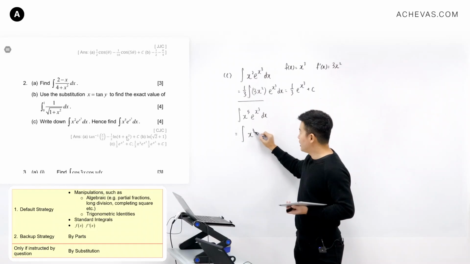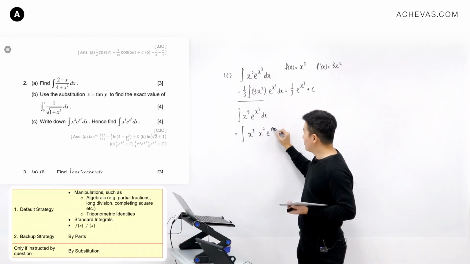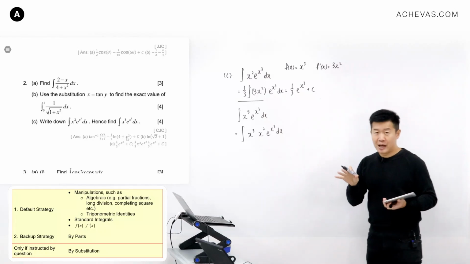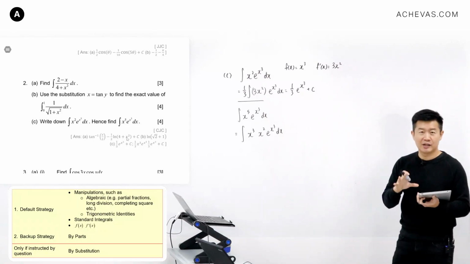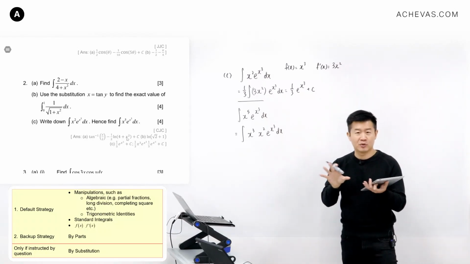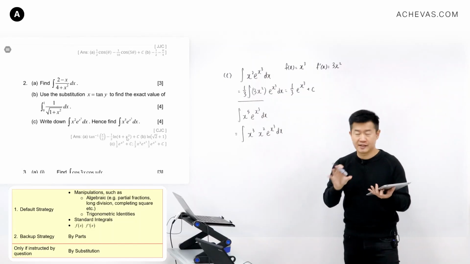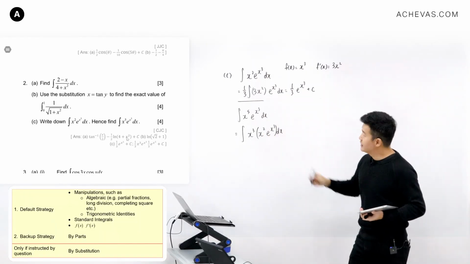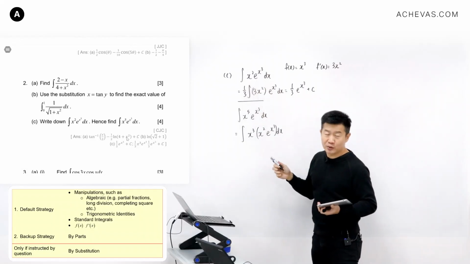So if it is x to the power of 3 multiplied by x to the power of 2, let's see whether it is going to work. Because if it doesn't work, it is fine. I'm going to just find other ways to apply integration by parts by regrouping them into some other expressions. So the reason why I am trying out this first is because I have the integral to this,